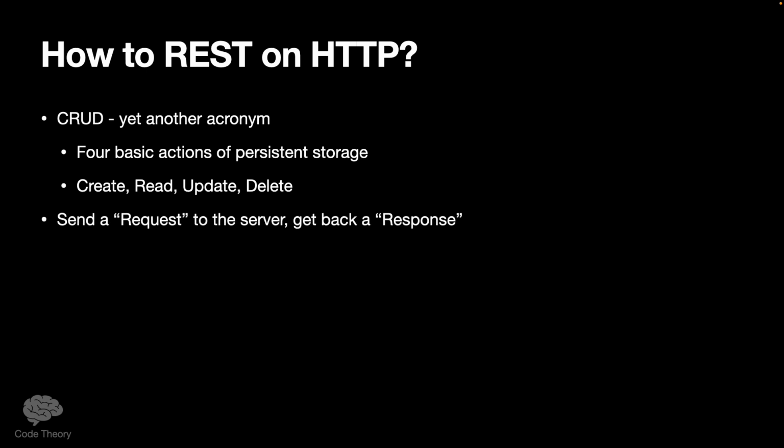So when you're using REST on HTTP, you send a request to the server and you get back a response, just like sending an await request and getting back a return response in async await. Both the request that you send and the response that you get back have something called a head and a body. This is helpful if you're ever looking at them directly, and it's also relevant for some of the requests that we're going to send. Some particular kinds of requests require you to make modifications to the head and the body, right?